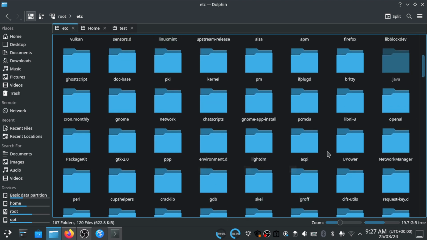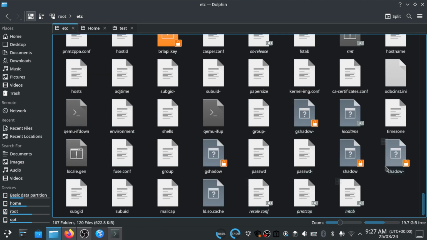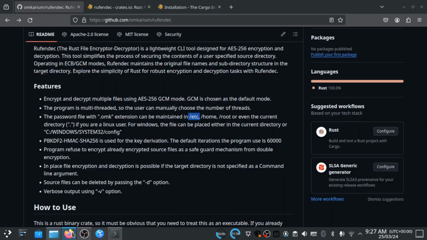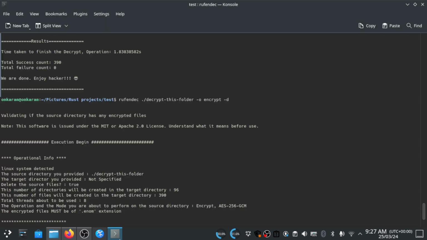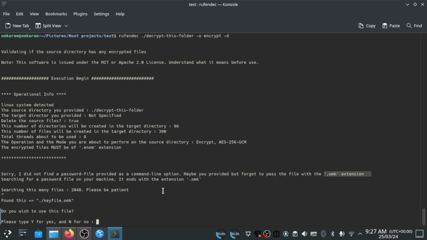Okay, so if you put your omk file somewhere here, then it's going to look for that, or else the next place it's going to look is /home, and finally it will go to /root. If it has covered all these places, and if it still doesn't see a .omk file, then it's going to ask you to manually enter the password and